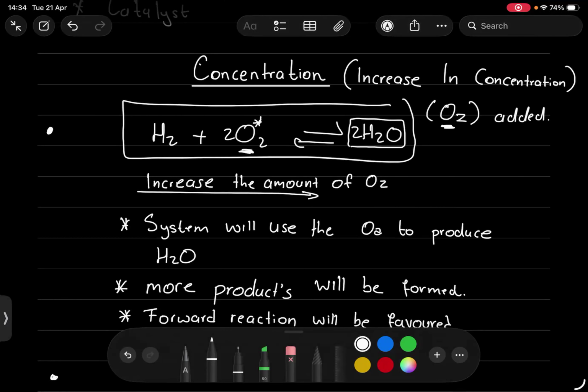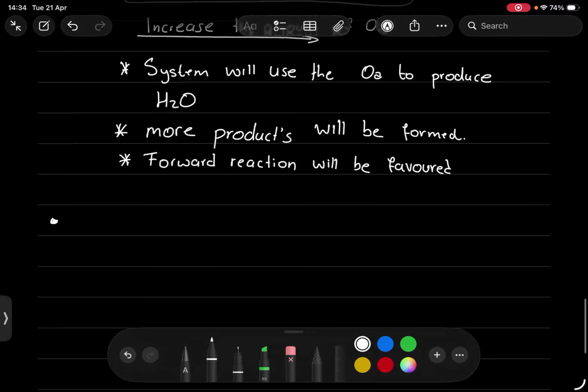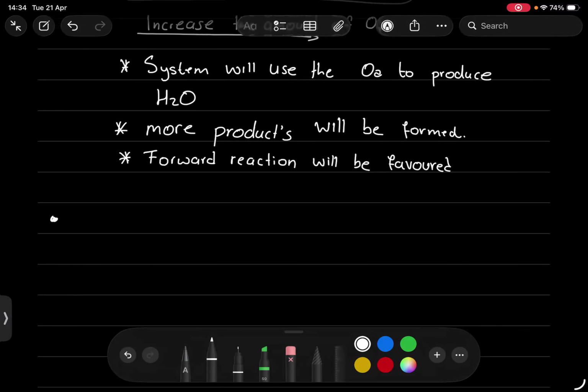It means the concentration of O2 is increased within the system. It means this will happen, right? The system will use O2 to produce H2O, so more products will be formed, and the forward reaction is going to be favored. So what's going to happen to the same reaction